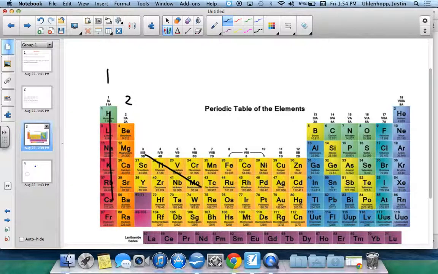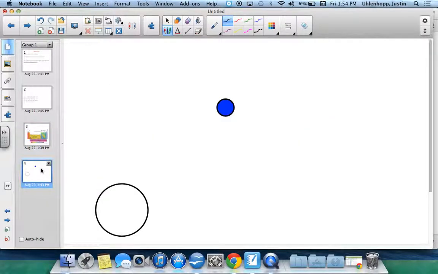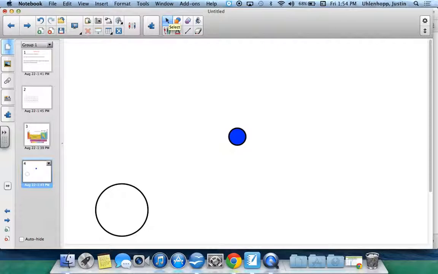We skip this middle. We will leave that for high school. 3, 4, 5, 6, 7, and 8. So we look at hydrogen, there's 1 electron. So this little blue dot right here is my hydrogen electron, or my hydrogen atom. Well, hydrogen by itself would look like